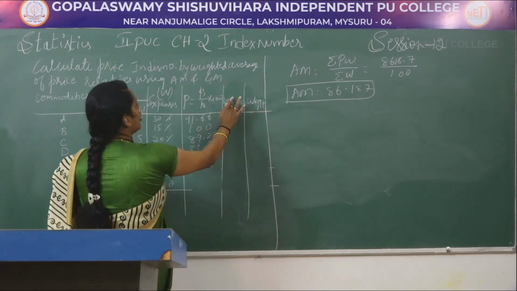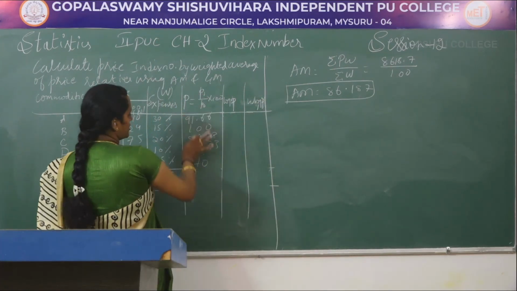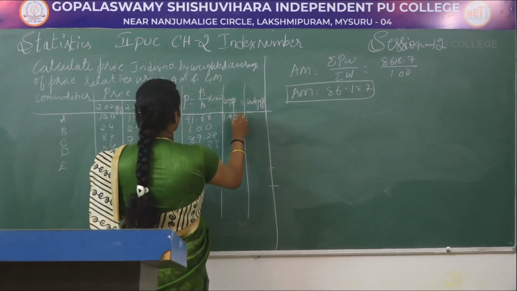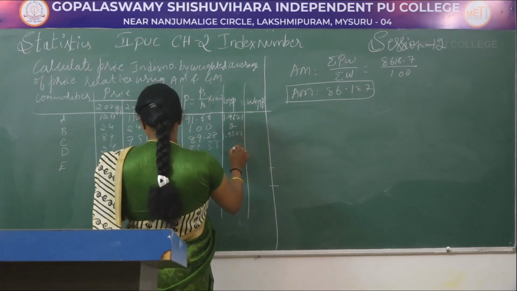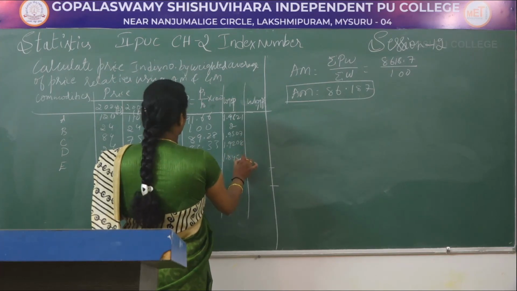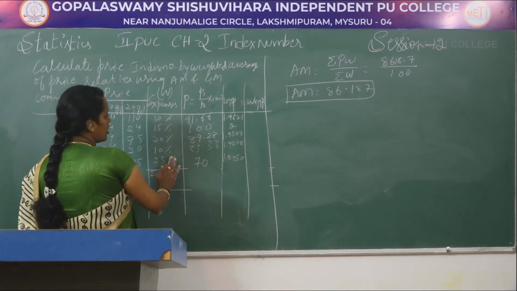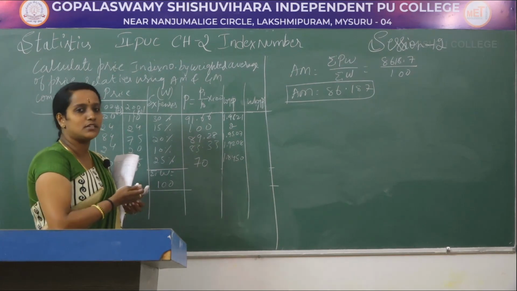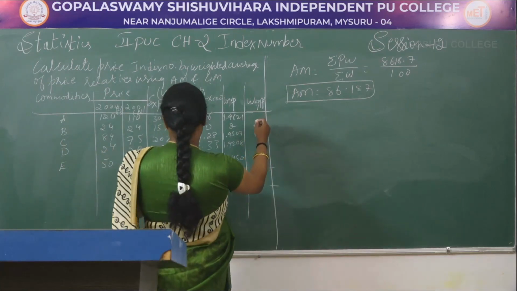To calculate log P, for this price relative column, we have to calculate the log values, that is 1.9621, 2, 1.9507, 1.9208, 1.8450. Then I will multiply this log P with W, that is expense column. Again here also don't consider the percentage, simply multiply with the numbers, don't convert that. So, W into log P values are like this: